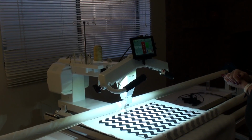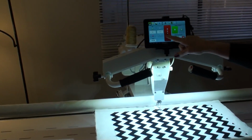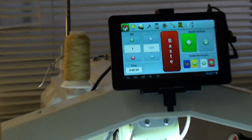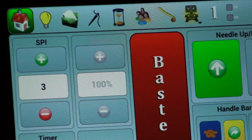TinLizzie touchscreen. You can see that it's on the base stitch, and we have an option to have from 3 to 1 stitch per inch. I like to do the top with 3 stitches per inch. Again, we start in the center,